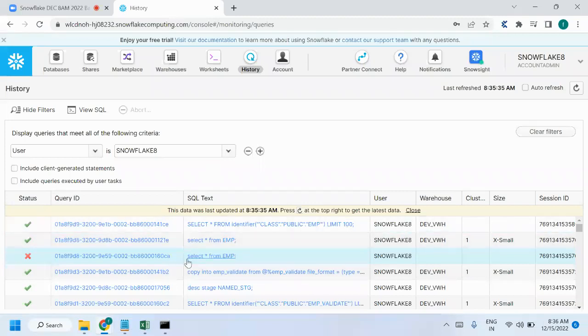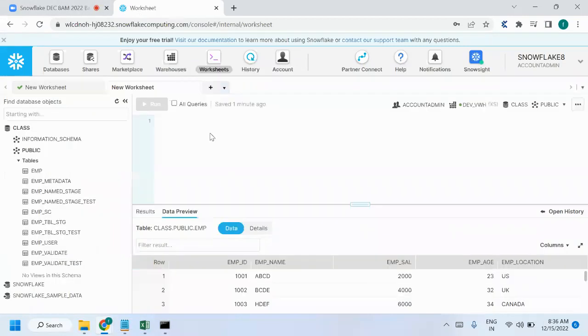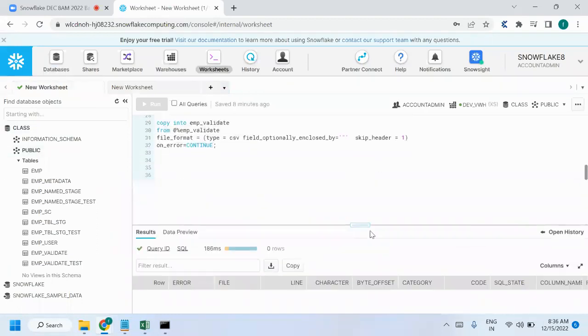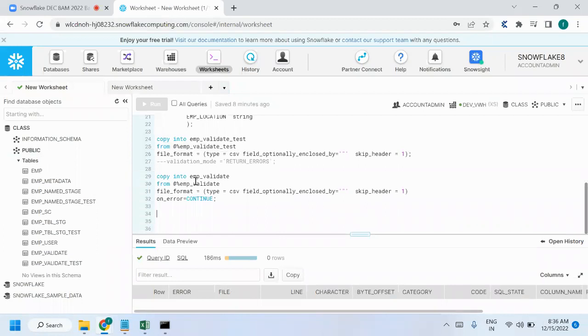Now, based on the query ID, we can identify the reasons for the failures. Let's come to this here. After loading data into the table, we need to know the query ID for that particular execution. When you use the copy command, what is the